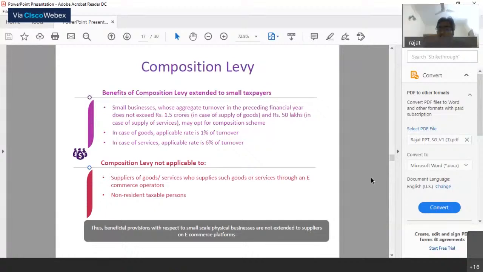Absolutely. Any supplier, even though on an e-commerce platform, even though your turnover is less than 1.5 crores or 50 lakhs in case of services, if you are making sales over an e-commerce platform, the benefit of composition levy is absolutely not extended to you. And what would you say is the rationale for doing this? The rationale is basically that the benefit of composition levy is never extended to a supplier who's making interstate supplies, and a supplier over an e-commerce platform doesn't operate within the confines of a particular state. The supplies are made largely across India. Therefore, the benefit of